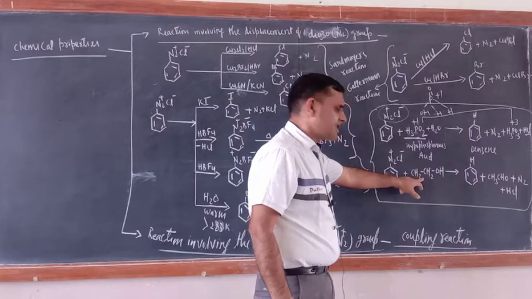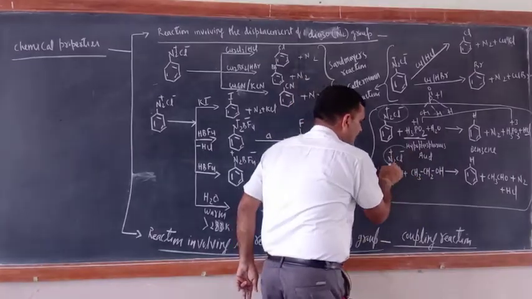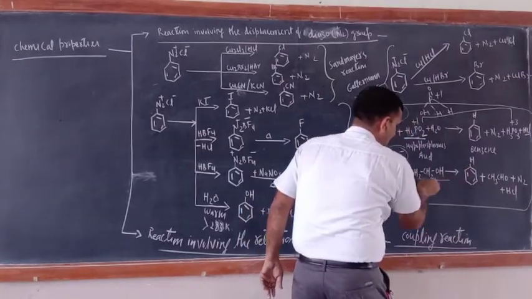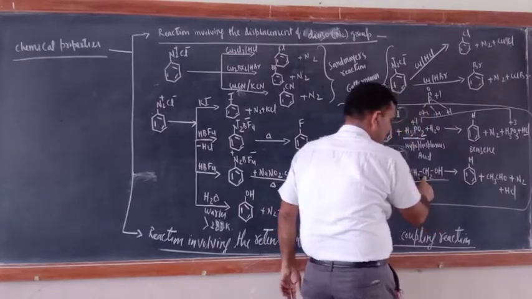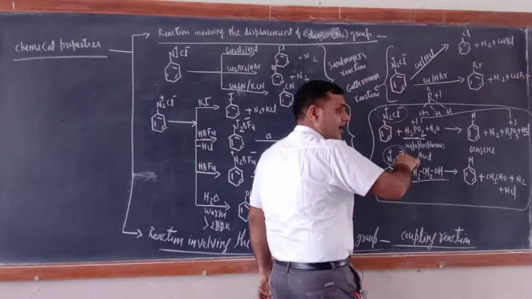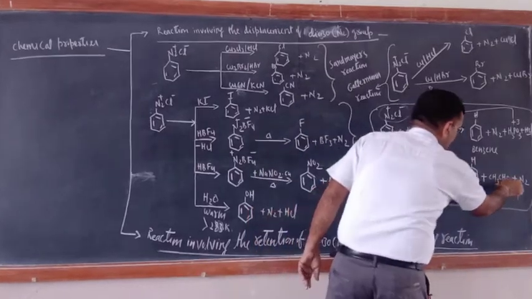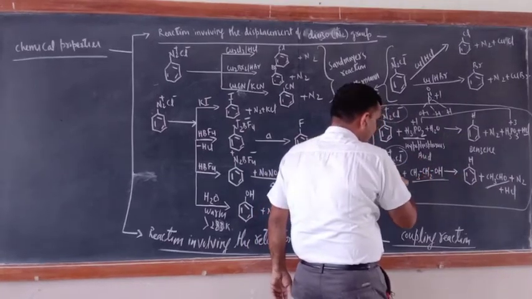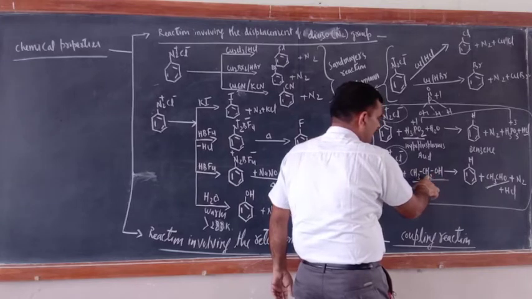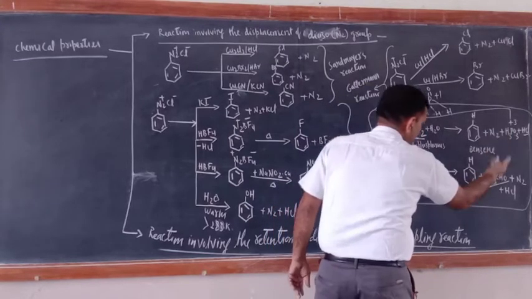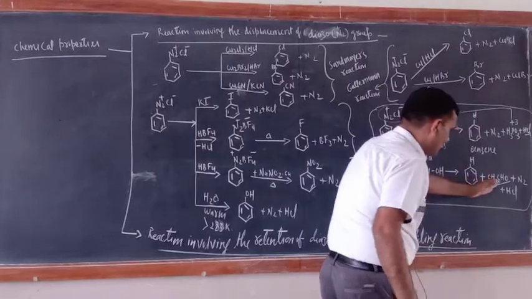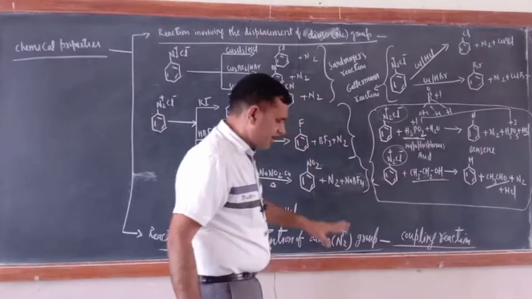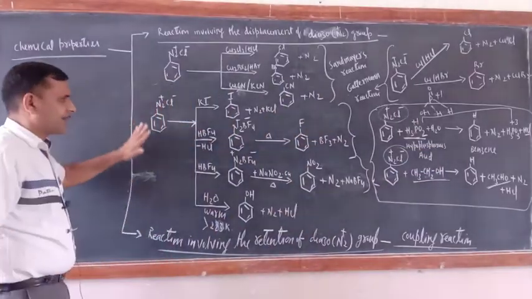This is also a reducing agent. Here also the entire N2Cl group will be displaced and you will get benzene. Here benzene diazonium chloride is reduced, but in turn the reducing agent gets oxidized into ethanol. H and Cl, and 1H will come out here. So now 1H from here, what is left? CH3CHO. Yes. So ethanol is the oxidation product of this one. Please remember these two reactions are very important. So in this way the first category reaction is over.